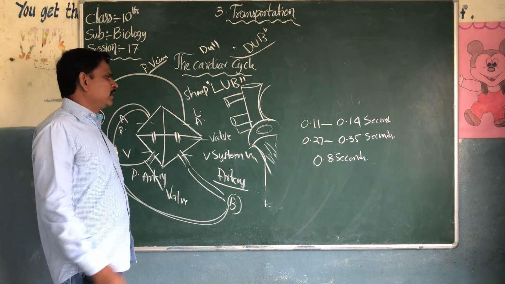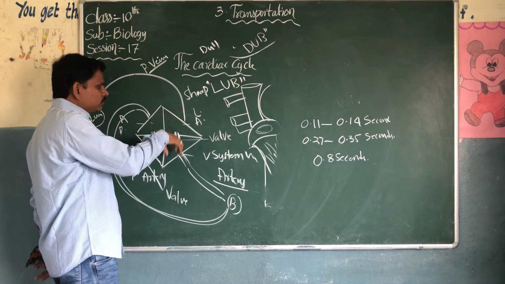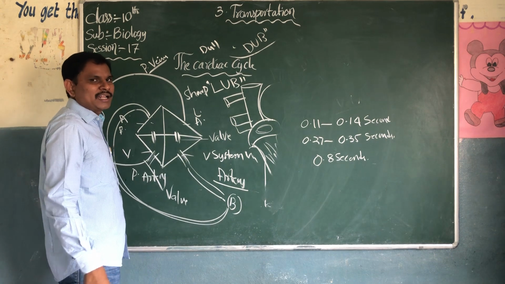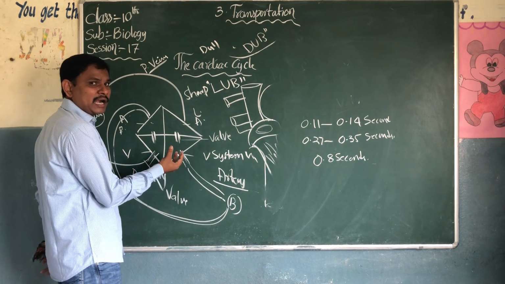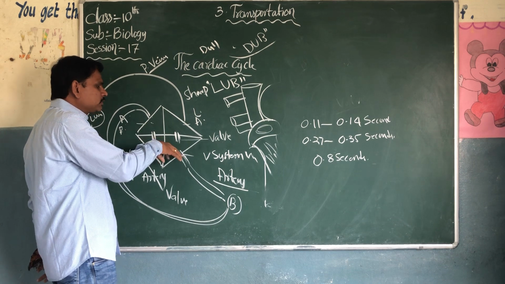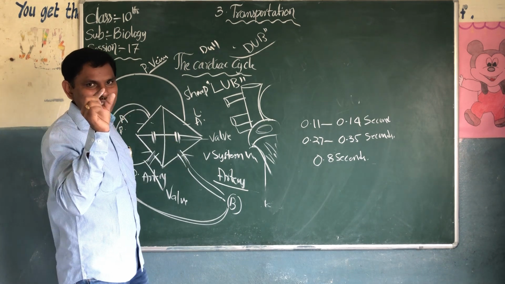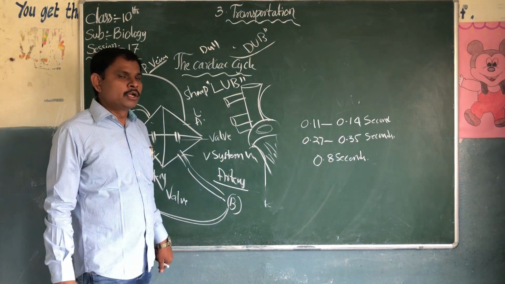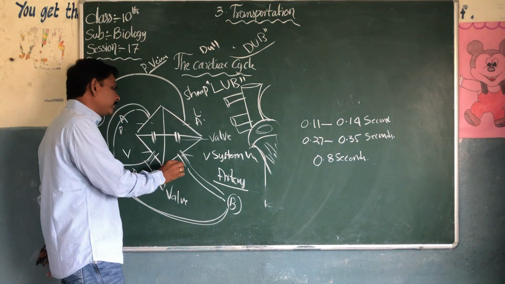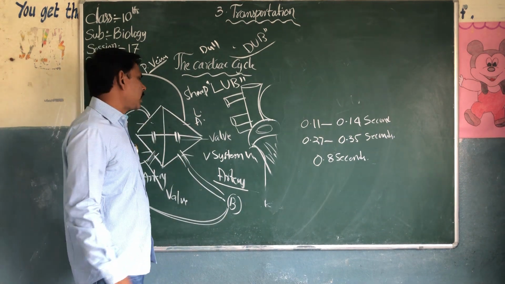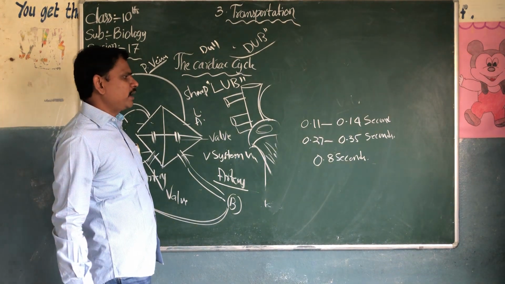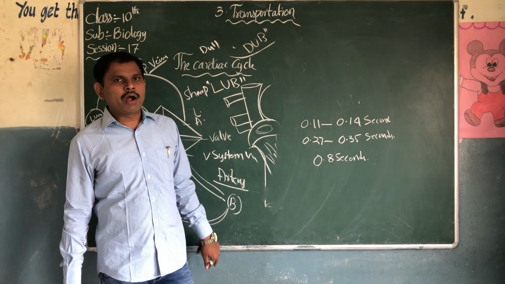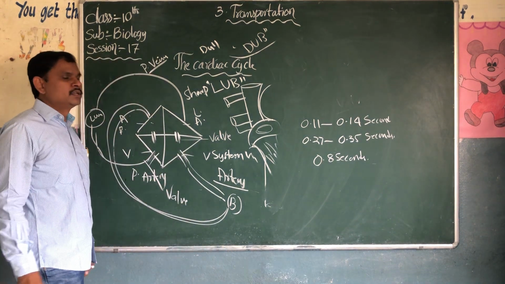That is the question. When the atria contract, there is only a valve through the wall, and the blood easily enters the ventricles. But when the ventricles start to contract, the blood flows into the vessels, and small vessels carry the blood to the various parts of the body. To transport blood to various parts of the body, it needs more time compared to the atria. That's why 0.27 to 0.35 seconds is required for ventricle contraction.